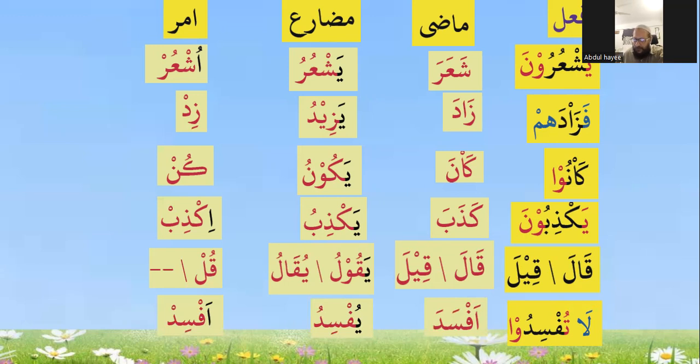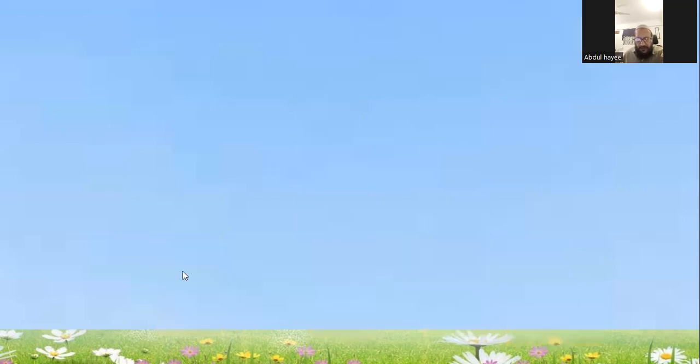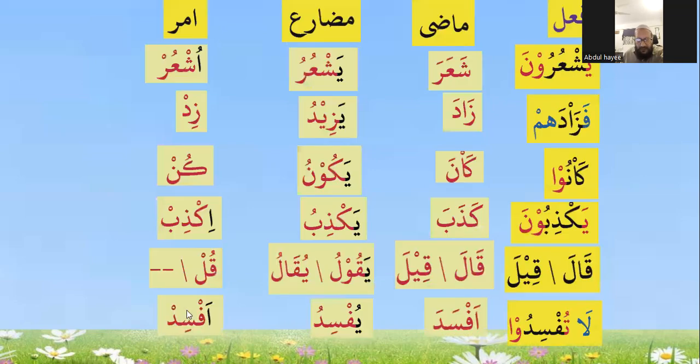Madi أفسد, mudari, amar. Afsada, يفسد, afsid. Again consider. Afsada, four letter. So mudari has taken the dhamma. But no fatha on second letter, meaning an kalma, because it's not a majhul. And the second confirms that the amar is there. So amar comes only in maruf, not in majhul. So the amar presence and in mudari, the an kalma showing kasra, they both confirm that this letter is not a majhul.